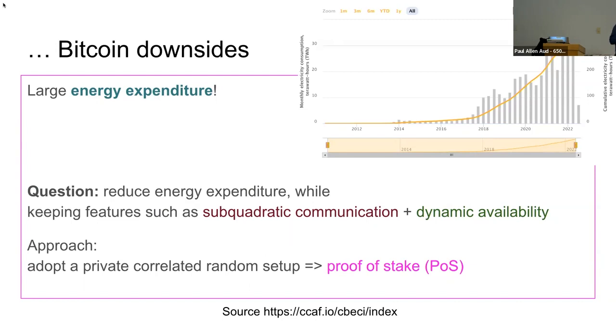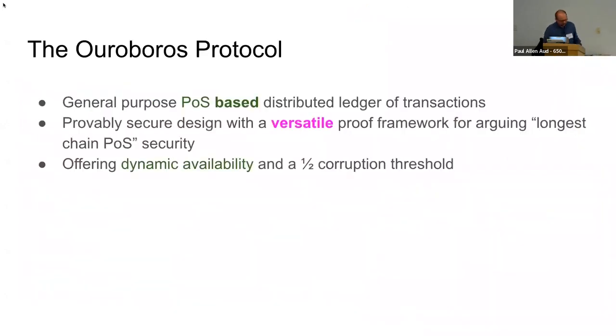However, there are stronger assumptions we can make for setup. The classical one is a private, so-called correlated random setup. What does that mean? It's essentially a PKI. A bunch of public keys, and everybody has a secret key. Private, because everybody has a secret key. Correlated, because everybody sees an input that is correlated; not everybody has their own thing. So that's a key assumption that we're willing to make. And this gives rise to what's known as a proof of stake protocol.